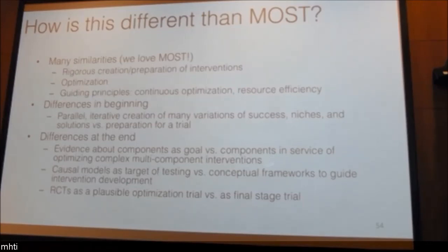The other piece is that the way we are thinking through this research process is that we really want to be focusing on the testing of causal models. We want to be able to get evidence about underlying mechanisms within these studies, so we can tell how individual components are actually working. And finally, we see RCTs as another way that we can get information about individual components,